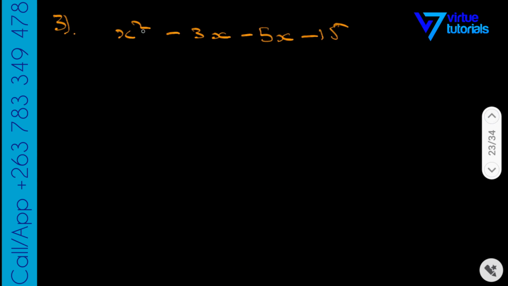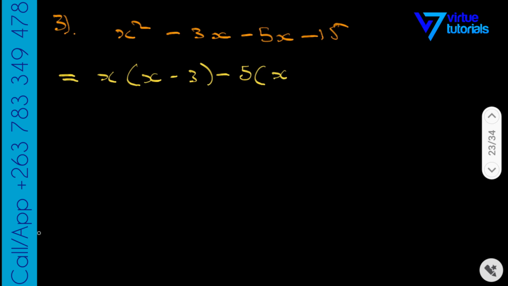Right, x squared minus 3x minus 5x minus 15. I look at the first two, I factor out x, I'll get x minus 3. Then I look at these two now, I factor out a minus 5 because I have a minus there and a minus there. So when you have minuses on both, you're going to factor out the minus as well. So minus 5. Once I factor out a minus, I'll get x